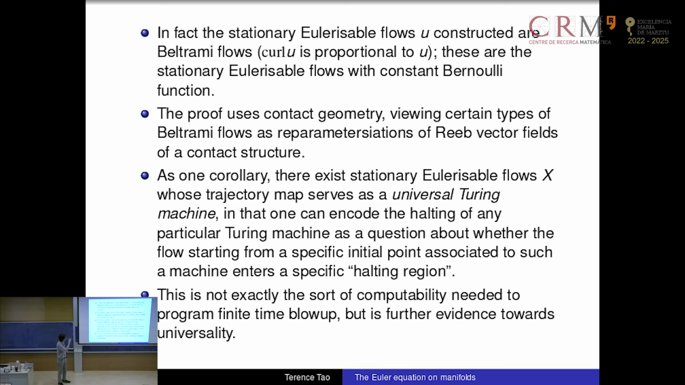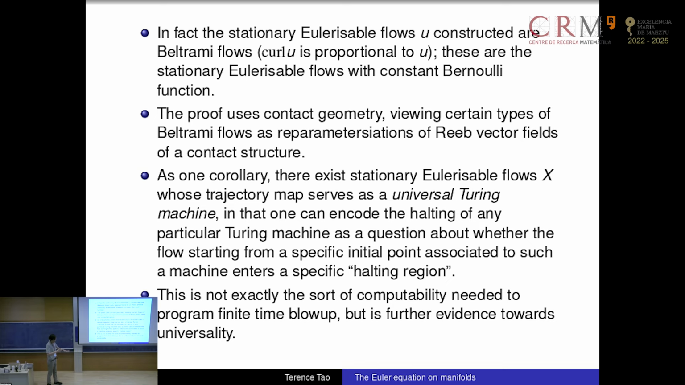Okay. So again, the main idea of the proof is to use the Beltrami machinery to generate flows. And one nice application of this is solutions of Euler